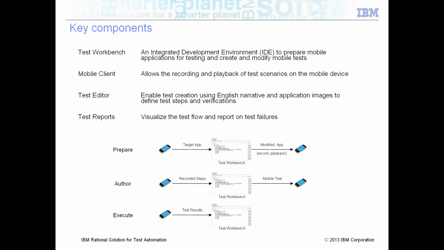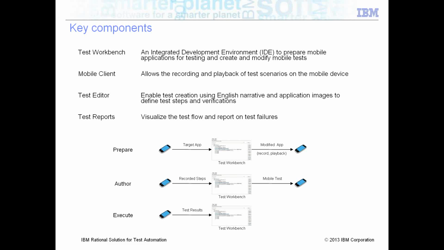So typically, if you look at traditional testing, right, you have your desktop, on which you have your testing tools installed, and your application also available on the same machine. So everything is on the same machine. You don't need to interact with different machines that are running the application. In mobile testing, it's slightly different, right? You have a mobile device, and your application is running on the mobile device, and a mobile device probably will help you in recording your actions, interactions, and playing back. But if you really wanted to do the kind of modifications on your test, or you wanted to author your test without even recording,